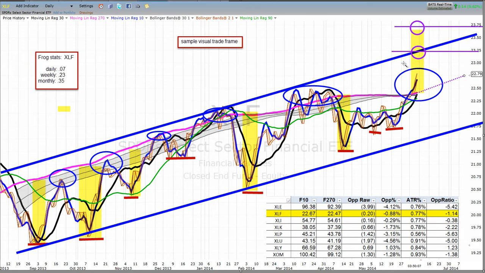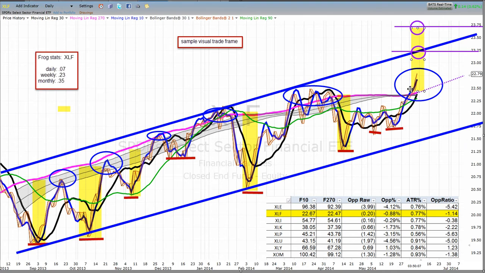And we might just take a couple different looks. The first one would be the yellow box, as large as the divergences to the downside. So if we think volatility is symmetrical and you just moved from 22.50 to 23.75, that's how far the excursion on the upside could go based on how far it failed in recent history. We might also simply extend this channel out and project a test of this upward channel and get a price around 23.25, and then in any case we certainly have a weekly frog box of 23 cents, and so